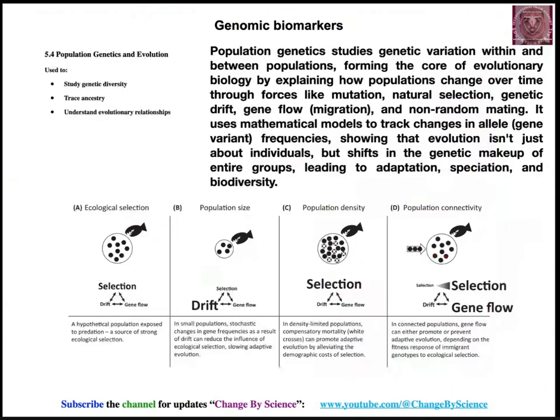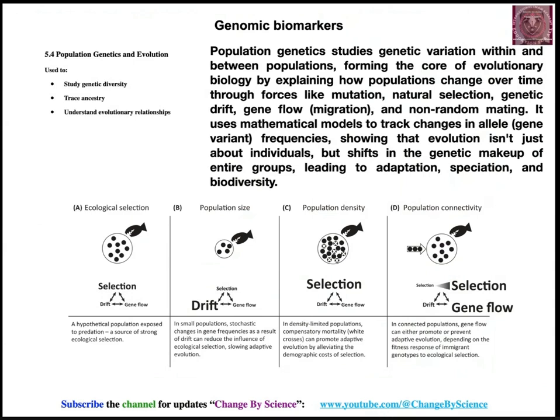Next, it comes to the application of population genetics and evolution. You can think of genetic diversity study, tracing ancestries, and understanding evolutionary relationships. So, population genetics studies genetic variation within and between populations. Normally you can look at the variation within or between the populations, forming the core